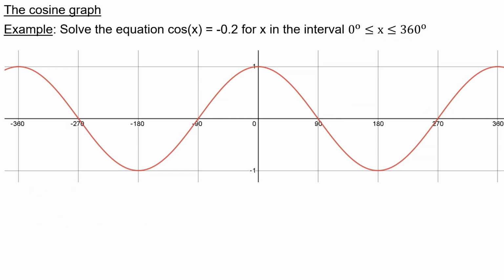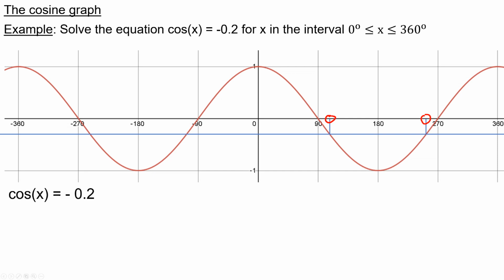I'd like to solve the equation cos x is equal to minus 0.2 for x in the interval 0 degrees to 360 degrees. To do this, I'm going to draw the horizontal line y is equal to minus 0.2. Wherever this hits the graph, I have solutions. I only want solutions between 0 degrees and 360 degrees, so that's these two solutions here. If I use my calculator now, I know cos x is minus 0.2, so to get x on its own, I need to do inverse cos, or cos minus 1, of both sides,